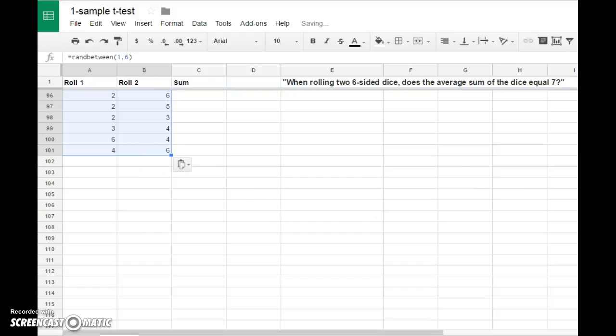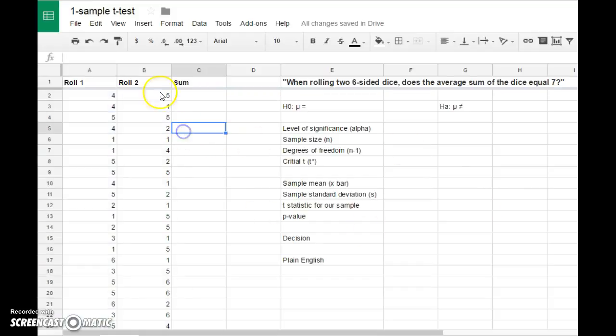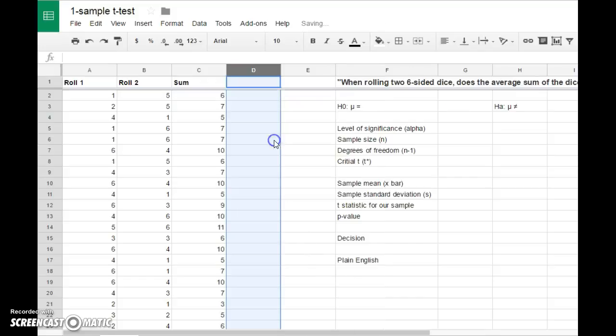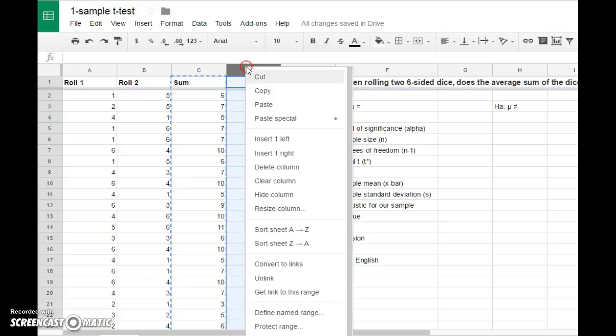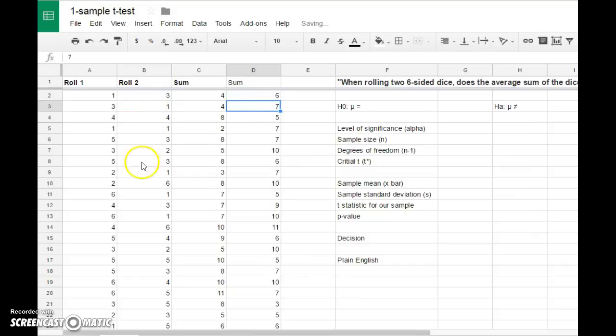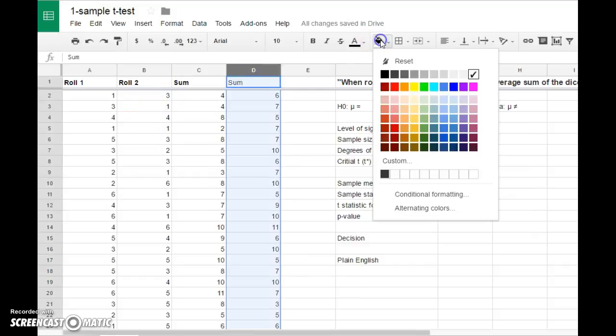And paste. So that gives us 100 rolls of the dice, but we do need to add them up. So we just add whatever number this is plus whatever number this is, and double click there to get the sum. Let's put in one more column here. Notice these keep changing. I'm going to go ahead and freeze this here by pasting special. So these will continue to change, but these are the ones that I'll work with for the